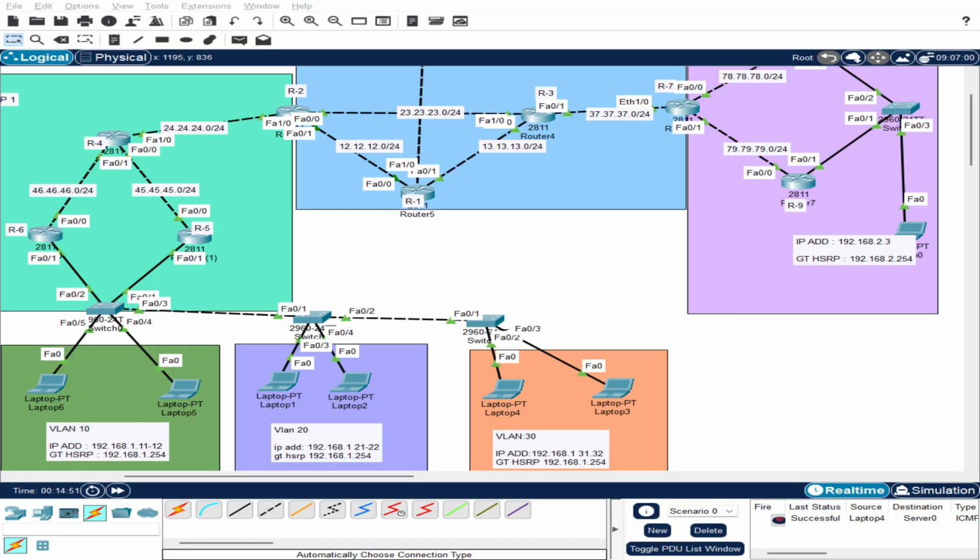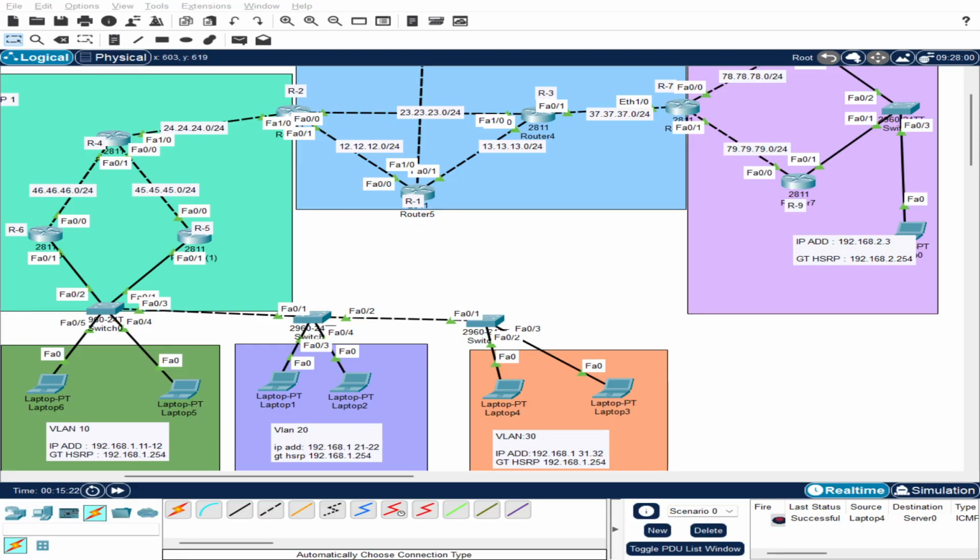After that, I use HSRP as well. As you can see, there is HSRP. All of these laptops have the same gateway, which is 192.168.1.25. What does HSRP do? HSRP is used when there are two ways to go in one direction. Like you can see here, there are two routers connected to the same switch.